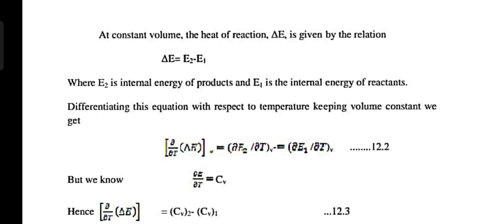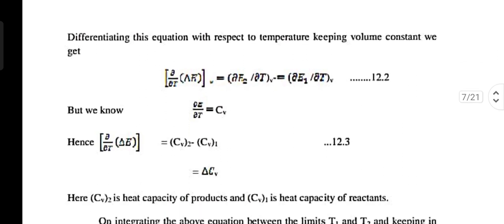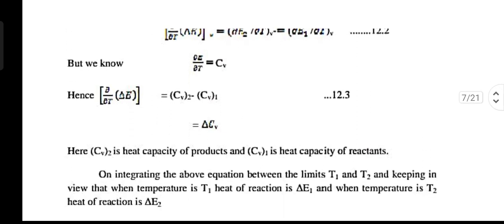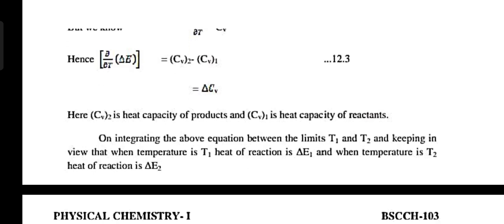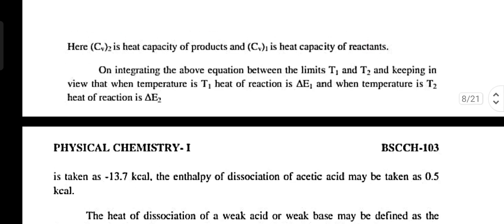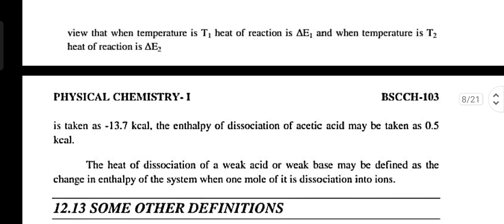∂E/∂T = Cv. Here Cv2 is the heat capacity of the product and Cv1 is the heat capacity of the reactant. On integrating the above equation between the limits T1 to T2, keeping in mind that at temperature T1 the heat of reaction is ΔE1 and at temperature T2 the heat of reaction is ΔE2,